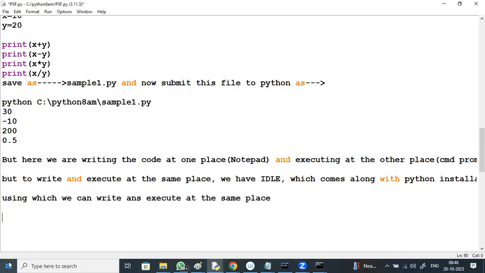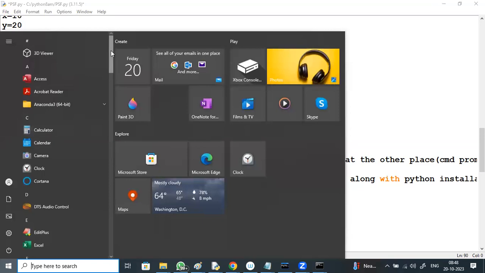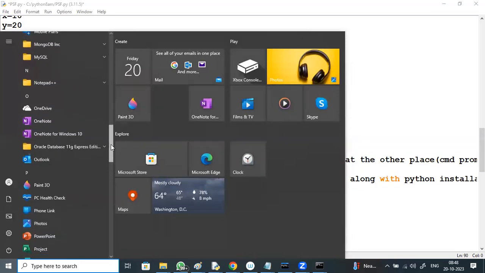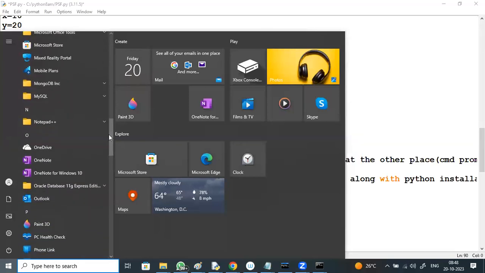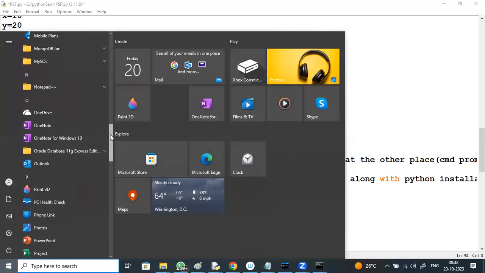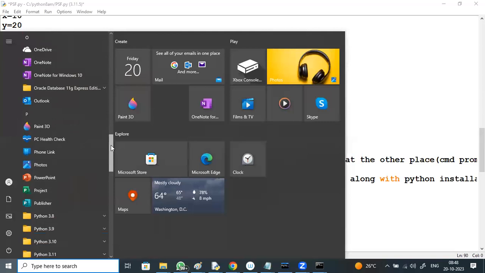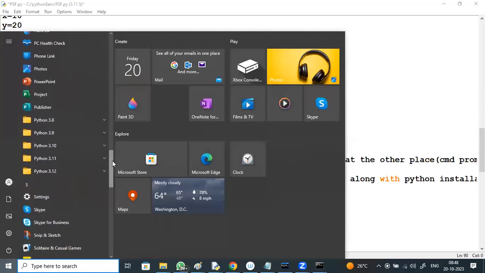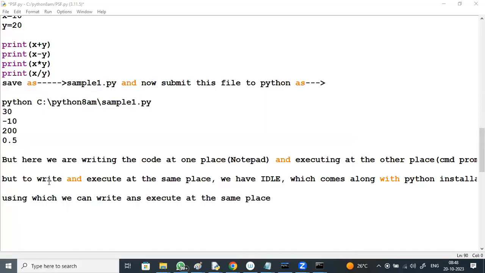Otherwise, you can also go to all apps, Python 3.12, and if I click it, you can see this IDLE.